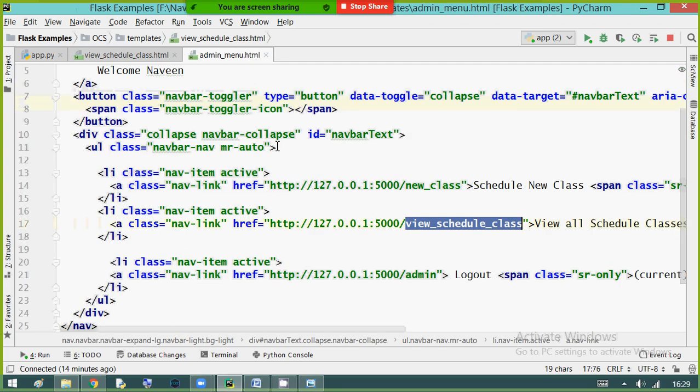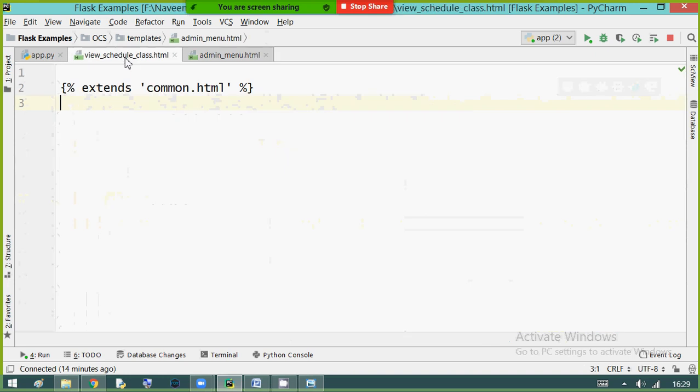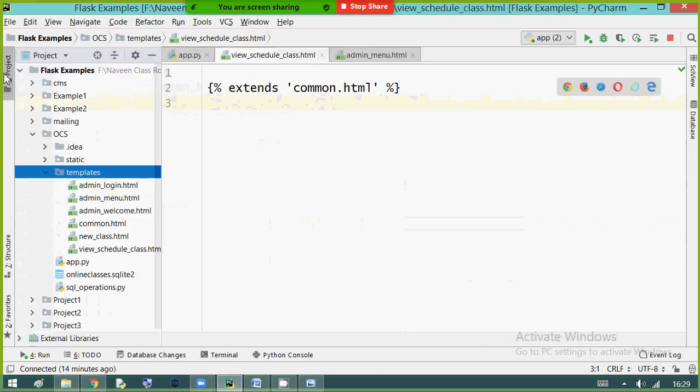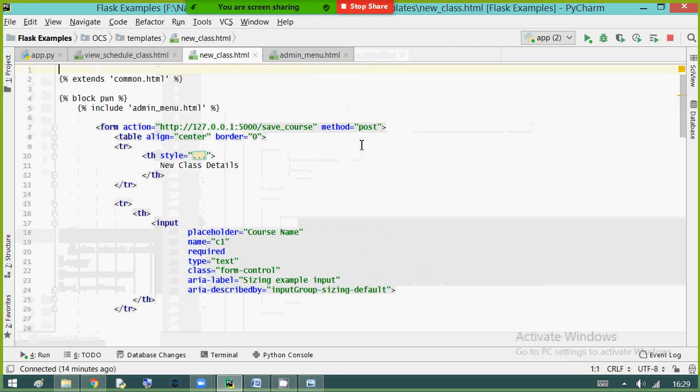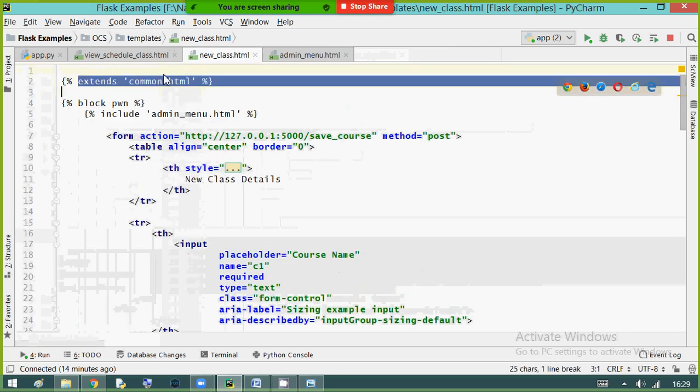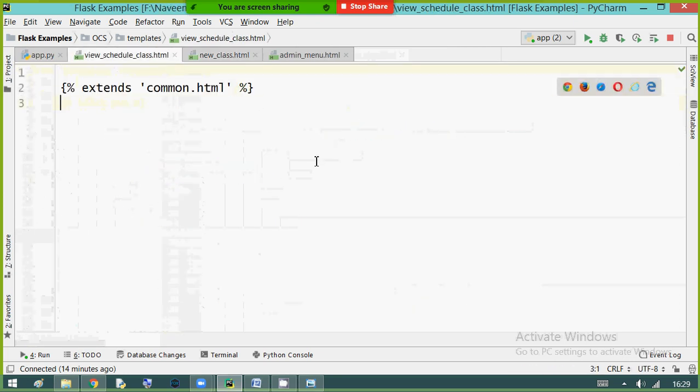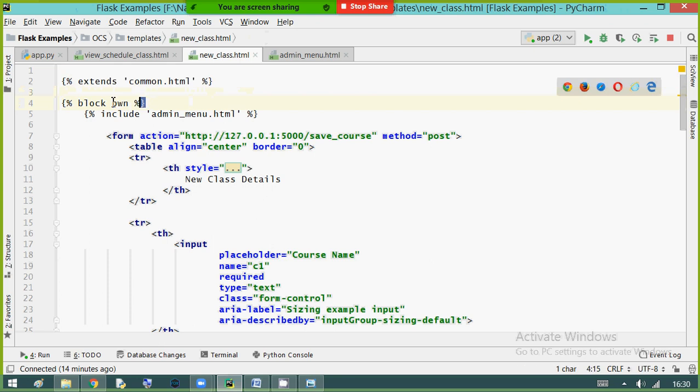Just like your other options, like the menus and HTML files we have written previously, like view new class.html, same story. Extends common.html, and here also we'll open a block.